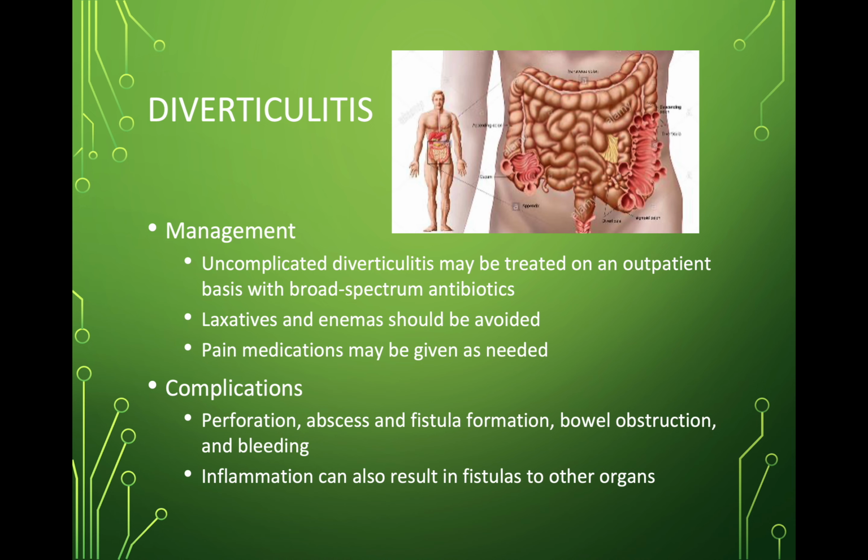Patients might also have an elevation in their white blood cell count if they have an infection present, but they don't have to have an elevated white blood cell count to be diagnosed with diverticulitis. Let's see, the patient might report increased passage of flatus, anorexia or not feeling like eating, abdominal bloating or distension. They may even have diarrhea or constipation. Sometimes there could be mucus or blood in the stool. In the elderly population, we often see confusion as an early sign